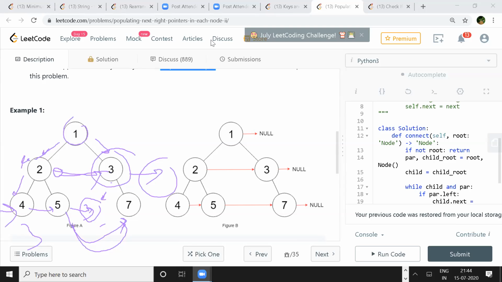Sandeep, how would the recursion signature look like? The function signature? So basically, you have a current node and a left and right. No, actually, you don't even need to do that. You can use the same signature that you have, and just check whether its children are null or not.